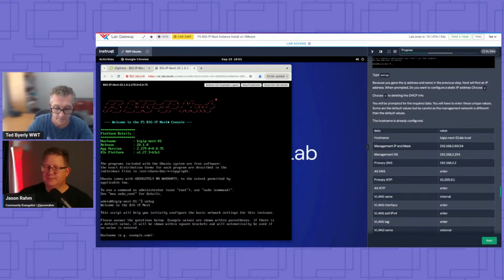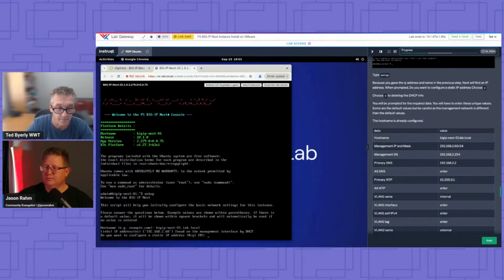So a host name. I'm going to just go through all the configurations that I have spelled out over on the right-hand side here instead of copy and pasting. And since we pre-configured it, hey, it already has an IP address on there. You want to keep using it.